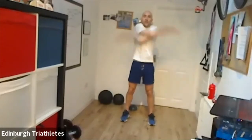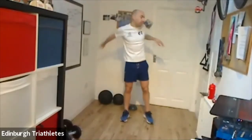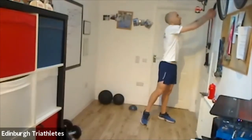We're going to be working 30 seconds on, 10 seconds off, and this is going to be our activation. So none of this is very swim specific, but it is going to be working the swim specific muscles. Our first exercise is going to be our archer pull, so warming up the upper back,